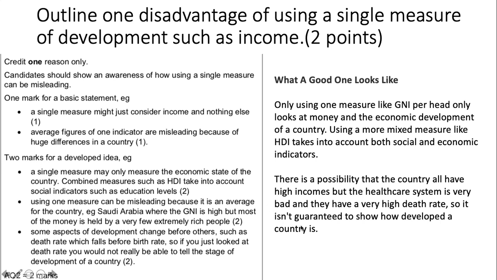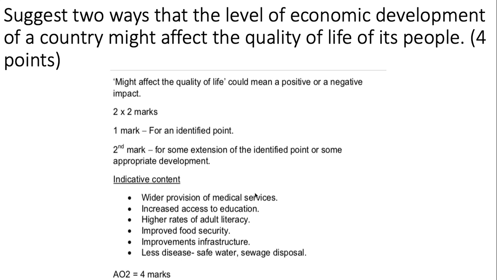And I've included this one just for you also to see that sometimes if you can't remember how to necessarily word something, if you can't think about using GNI or HDI or start talking about social economic indicators, that's okay. You can still get full marks. Obviously, geographic vocabulary is the end point, and for the longer form answers, we do look for that. But for these shorter answers, don't stress too much if you can't remember all of these keywords, especially not at this point. So, suggest 2 ways that the level of economic development of a country might affect the quality of